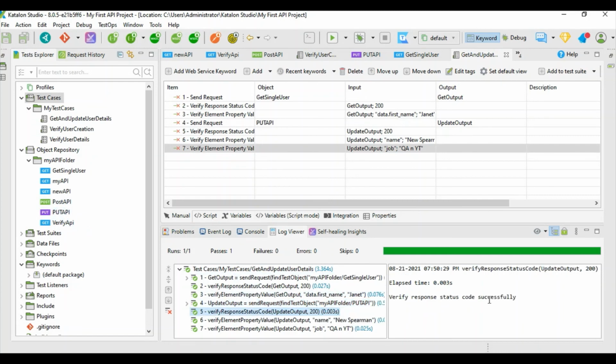And then in the fifth step, it is checking whether the correct response code it is achieving or not, and in the sixth step it is checking whether the updated value is reflecting or not, and this is the second value, job, it is reflecting or not. This is how you're going to verify or send the put request. You can leave these first three elements if you want to only update a certain request, or you want to make this test case only to update, so that you can call this test case directly somewhere if needed for code redundancy. Okay, so this is how we're going to send our put request.